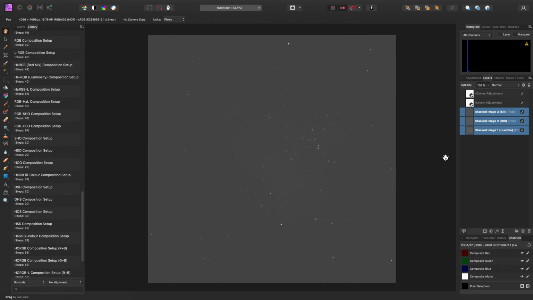All I have to do first is name my layers accordingly. So this one needs to be HA, this one needs to be SII, and this one needs to be OIII, like so. Then I can run one of the appropriate composition setup macros. For example, if I wanted Hubble palette color mapping, I can use the SHO composition setup macro just by clicking